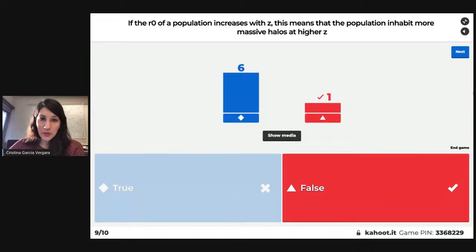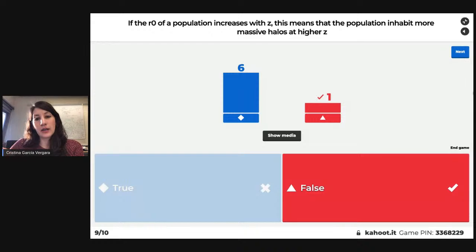For a fixed redshift, we can say that a higher R naught means more massive dark matter halos, but it's not that simple to compare R naught at different redshifts, and the trend is not necessarily